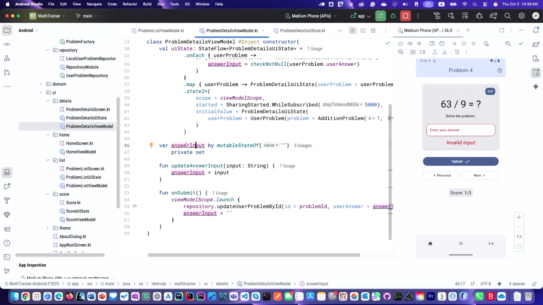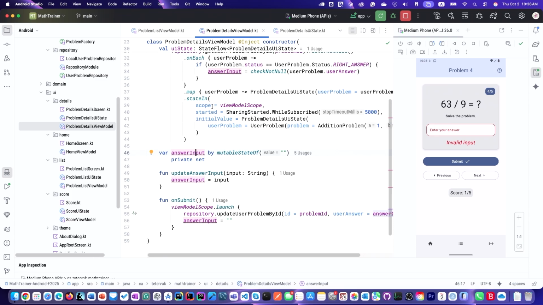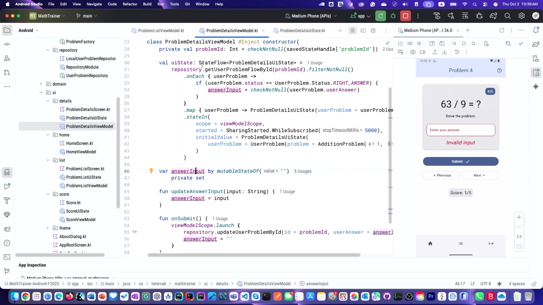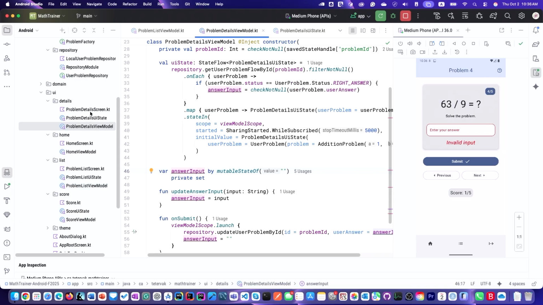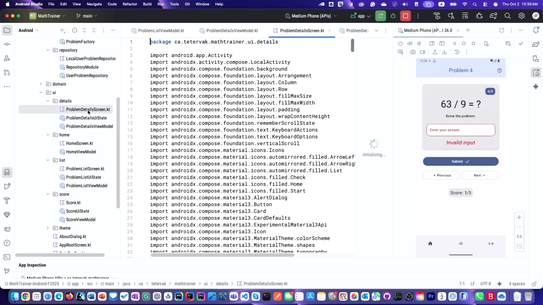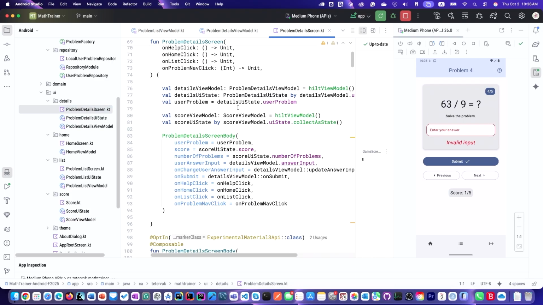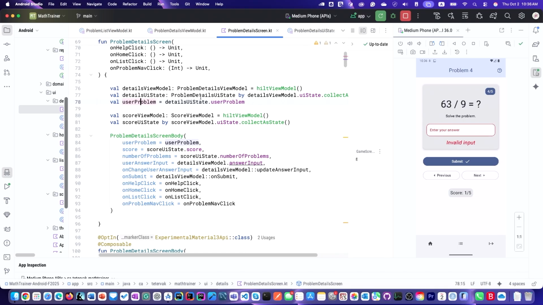So it is triggered by two items. This one and by the state created from this UI state, when I call collect as state on this state flow object. So if I go to the problem details screen, at the top you see I have user problem. User problem comes from UI state, collect as state, you see. And this triggers an update of the screen. And also,